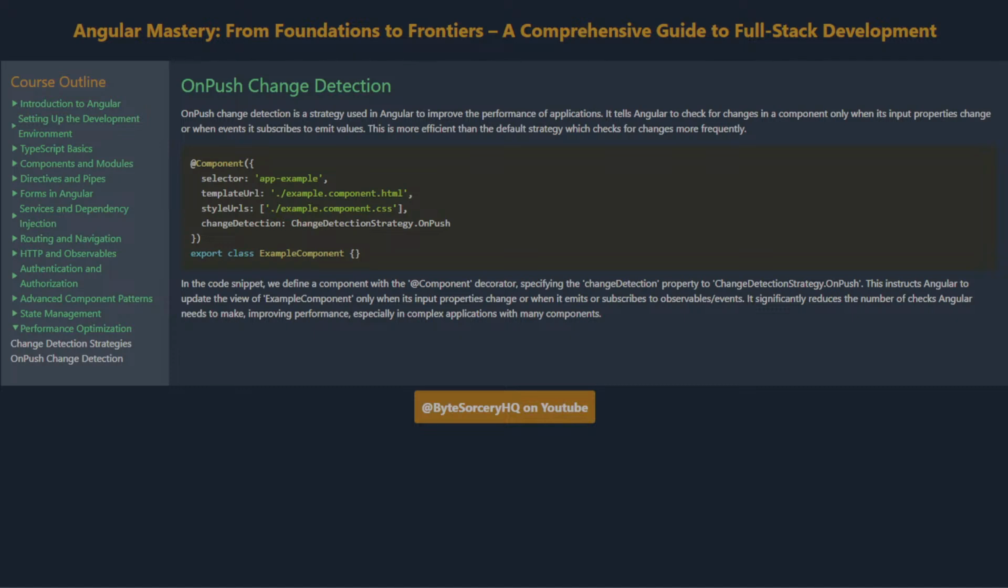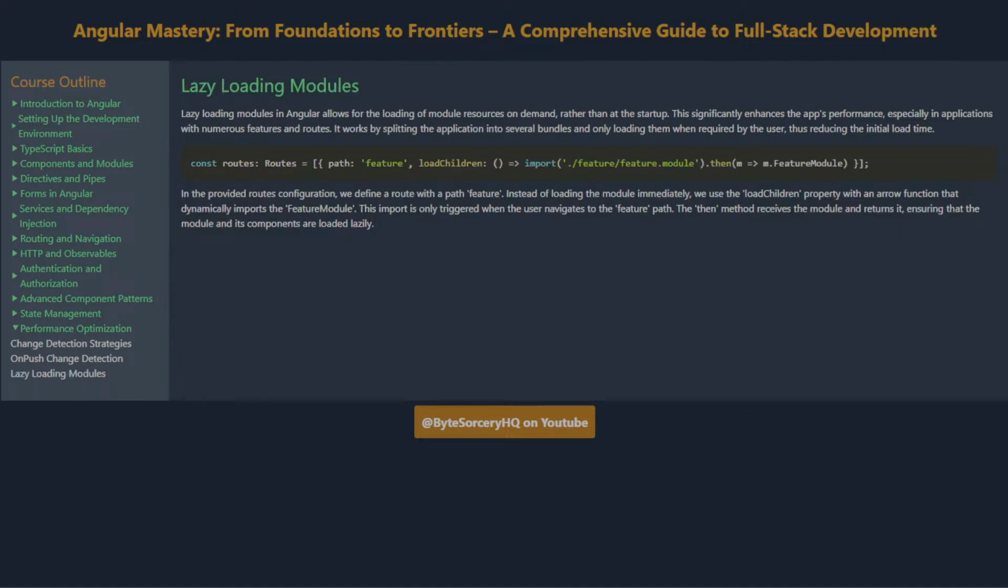It significantly reduces the number of checks Angular needs to make, improving performance, especially in complex applications with many components. Lazy loading modules. Lazy loading modules in Angular allows for the loading of module resources on demand, rather than at the startup. This significantly enhances the app's performance, especially in applications with numerous features and routes. It works by splitting the application into several bundles and only loading them when required by the user, thus reducing